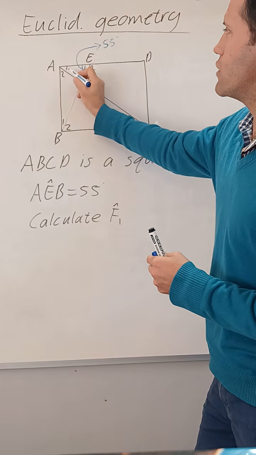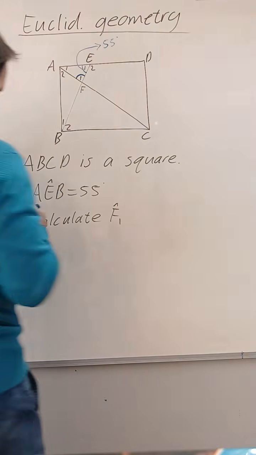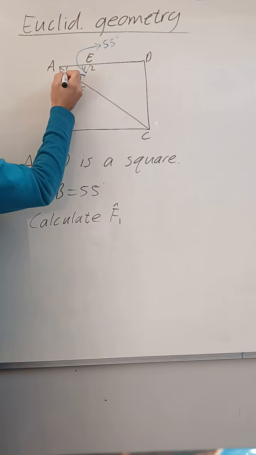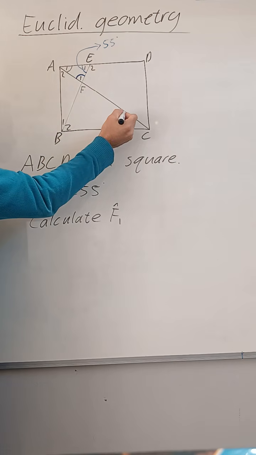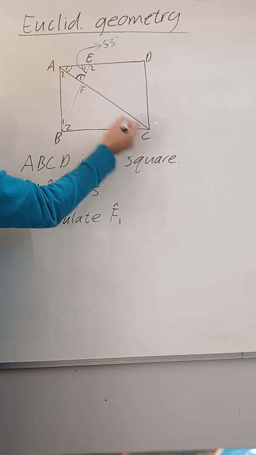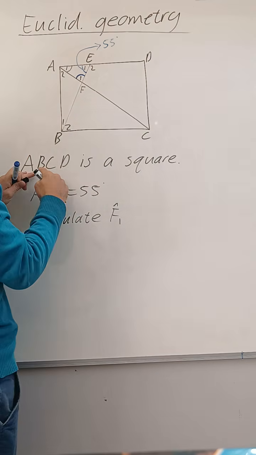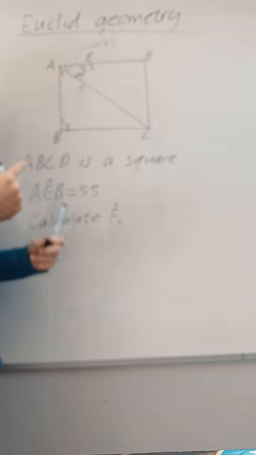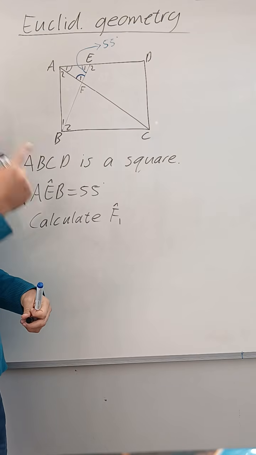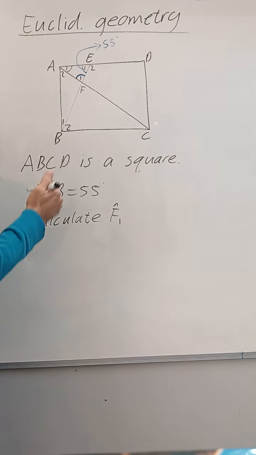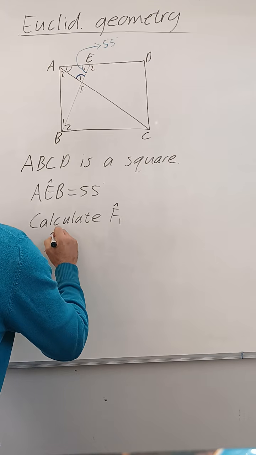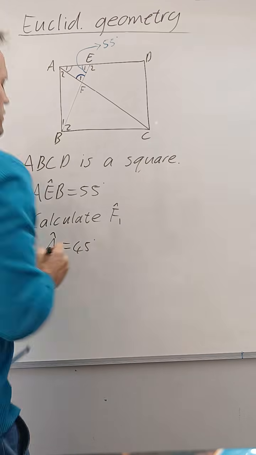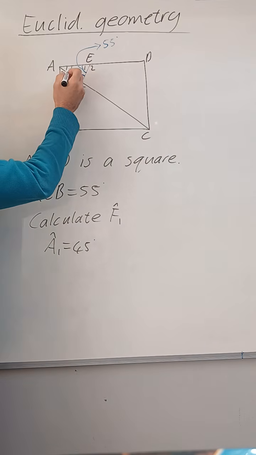So actually all we need is to find out what is A1. If you think about it, A1 is the corner angle of the diagonal. And one of the properties of the square, because they told you ABCD is a square, so again, you must remember the properties. Otherwise, you can't do the question. So one of the properties is that A1 will be 45 degrees. Okay, A1 has to be 45.